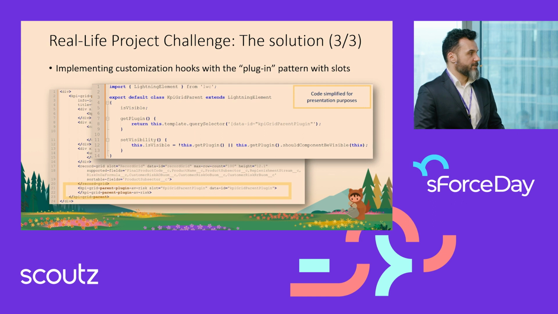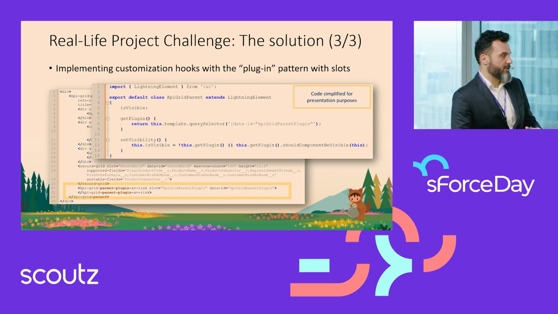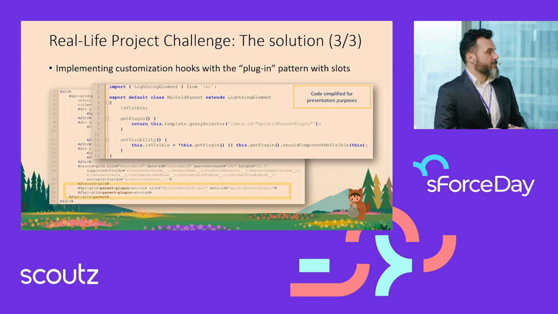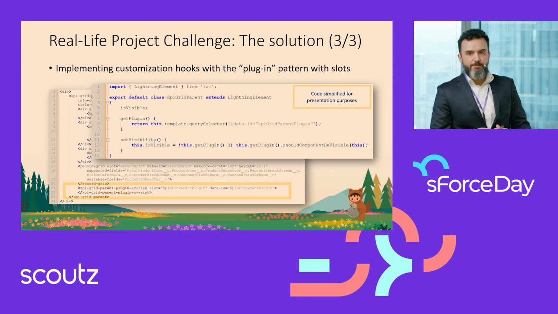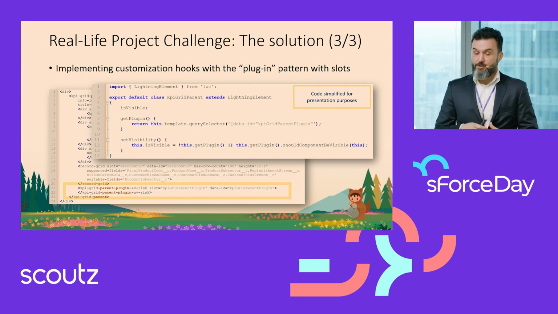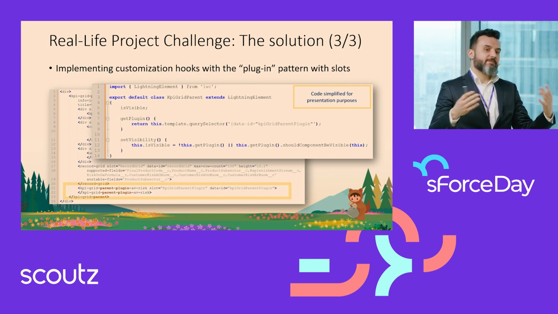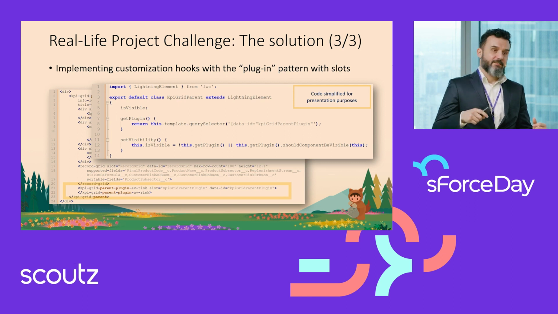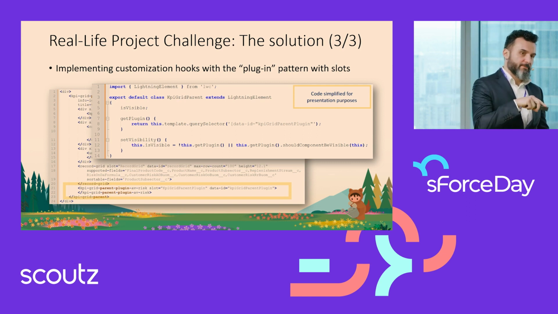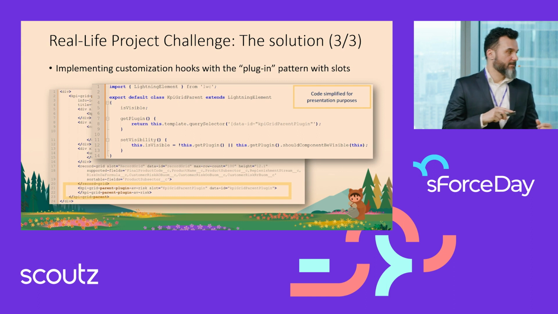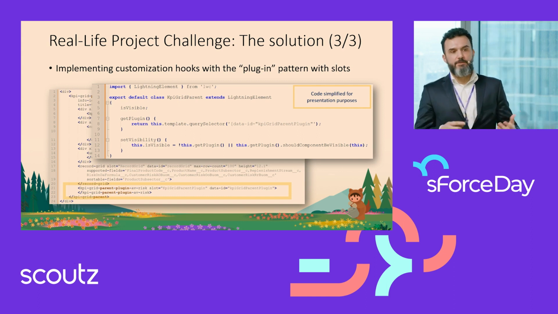It's just to illustrate how we use the plugins. Imagine that there's an isVisible property on this KPI grid parent, which controls if the component should even be visible or not. And by default, it should be visible. But in certain circumstances, which I want the plugin to decide about, I would like the component not to be